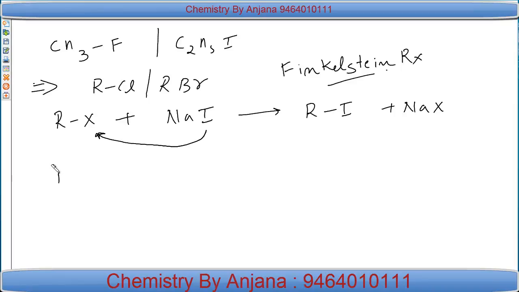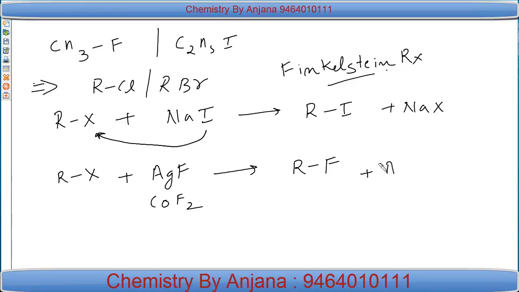Another way is again choose or form any alkyl halide, either chloride or bromide, and make it react with heavy metal fluorides like silver fluoride, और इसकी जगह हम कोबाल्ट का फ्लोराइड भी ले सकते हैं, मर्क्यूरी का फ्लोराइड भी लिया जा सकता है, एंटीमनी का फ्लोराइड भी लिया जा सकता है। इनमें से किसी एक के फ्लोराइड के साथ अगर आप RCl या RBr को रिएक्ट करते हैं, again you see this halogen exchange, and that is forming RF, means we are with a method to form fluorides and iodides but by halogen exchange,